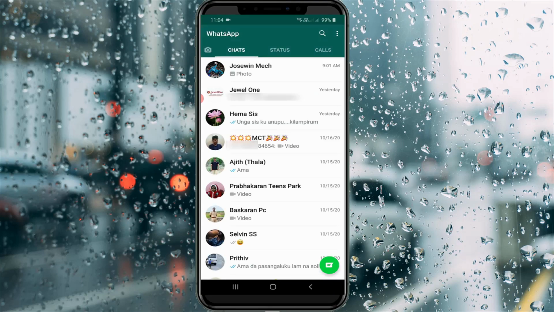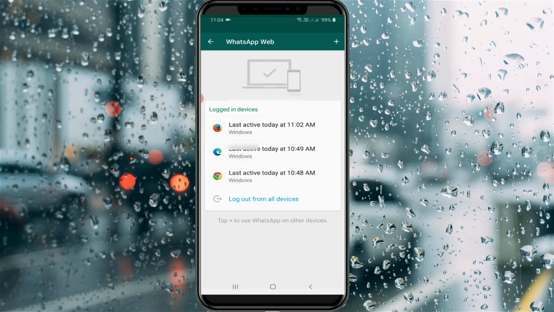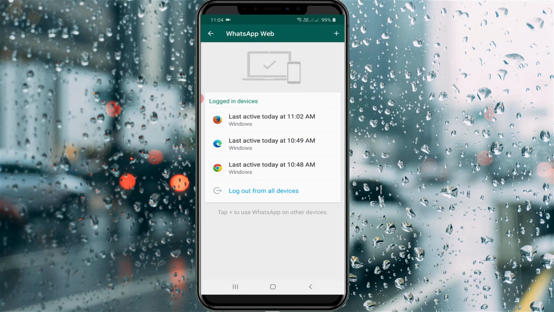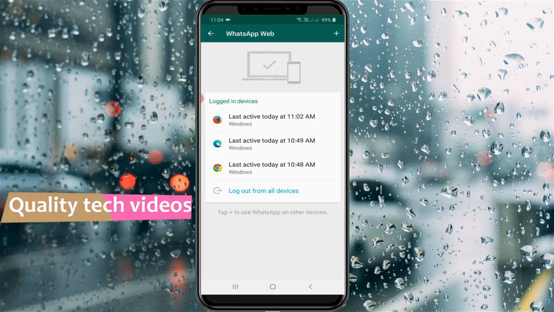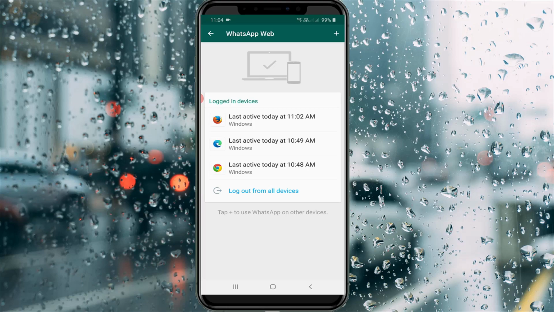Now in this homepage section, you can press that vertical three dots icon and then a drop down window opens. Here you can select WhatsApp Web. At the same time, if you are an iOS user, in the homepage section at the bottom it shows some options. Here you can go to Settings, and then WhatsApp Web is visible in the Settings section.